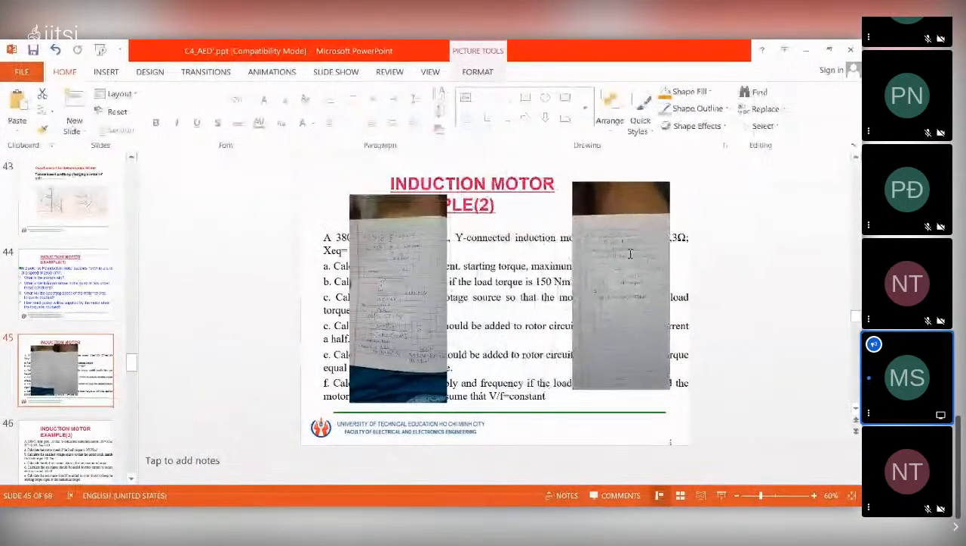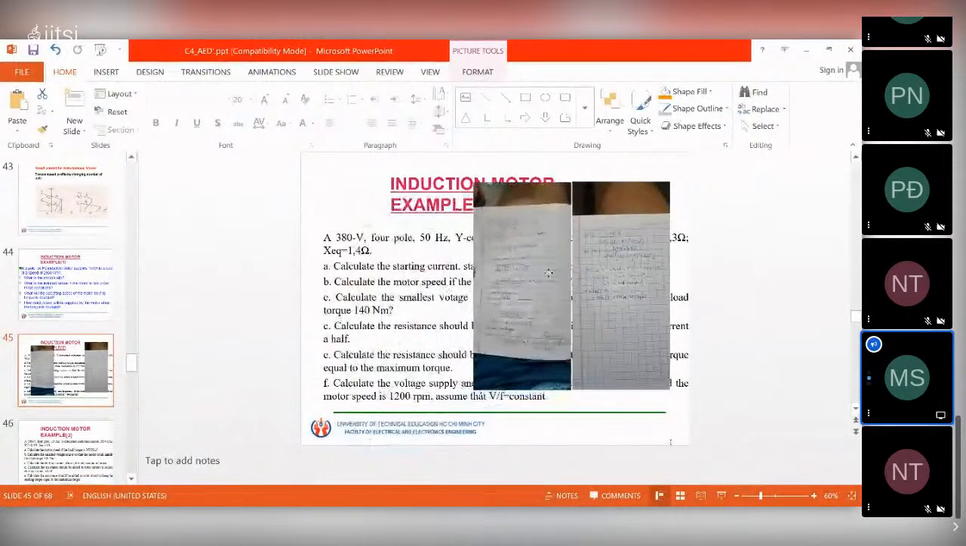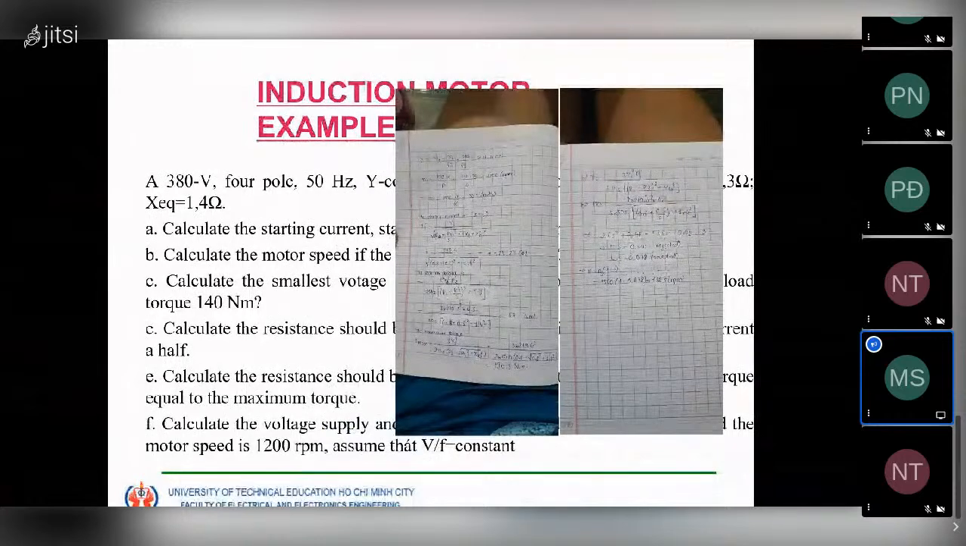They ask you to calculate the speed if the load torque is 150 Nm. So you solve the problem. You take the motor torque equal to the load torque, and you have to find the root, the value of slip. So you choose the value 0.078. Why? According to the slip-torque characteristic,